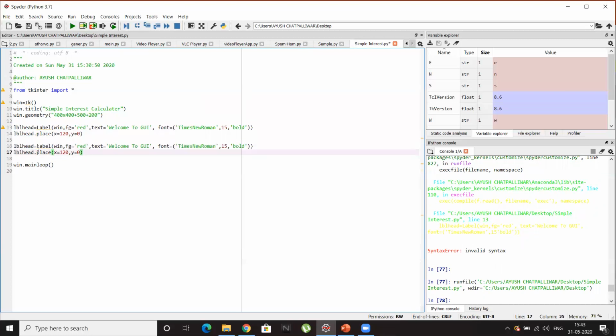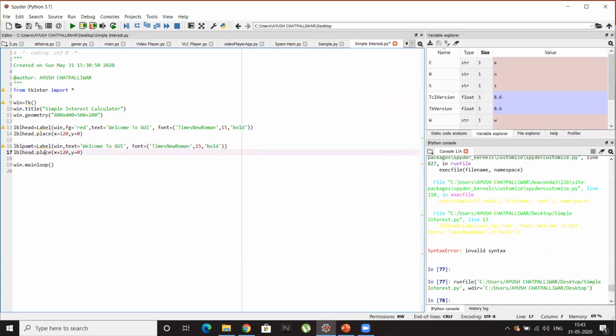I'm making another label for the user to enter the amount. I'll just remove this red color, because I want it to be in black. I'll just change the name of this object. Since it is also a label, I'll just keep it LBL, but since it is for principal amount, I'll keep it as LBL_PAMT, principal amount.